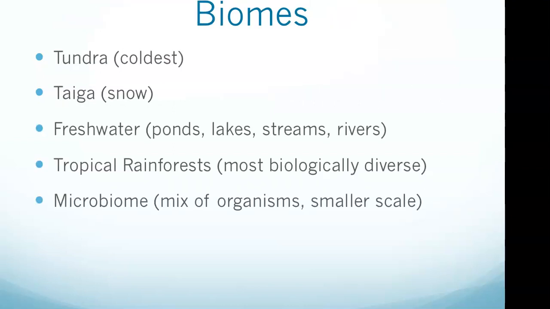We jump into the biomes. Biomes are distinct biological communities that have formed in response to a shared physical climate. Biomes are distinct from habitats because any biome can comprise a variety of habitats. The coldest biome is called the tundra, and I believe that was one of our questions: what is the coldest biome? That can easily be a question. The taiga is found south of the Arctic tundra and generally has a lot of snow.